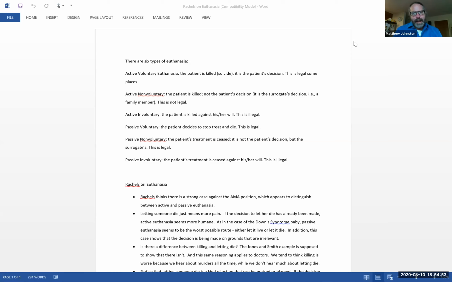Now, there are 6 types of euthanasia, and so try not to get confused between all these different types. It's also a question of which ones are legal and which ones are illegal. There's a difference between the ethical and moral issue and the legal issue on the other side. Legality is not the same thing as being ethical, but they're closely related, as I mentioned when I was talking about